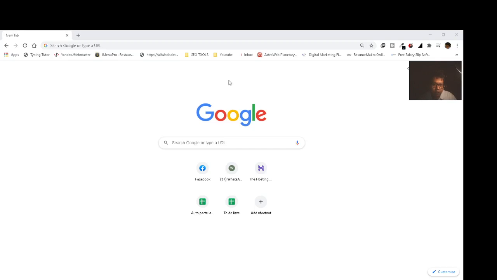Okay, so on the screen you can see that this is the browser that we have available, which is Google Chrome. In the browser, you simply go ahead and type in the terms that you want to search, and either in the top bar, which is the URL bar or the search bar, you type in your questions and get through. So let's move on to the domain. Now it states that a domain name is the address of a website that people type in the browser URL bar to visit a website.